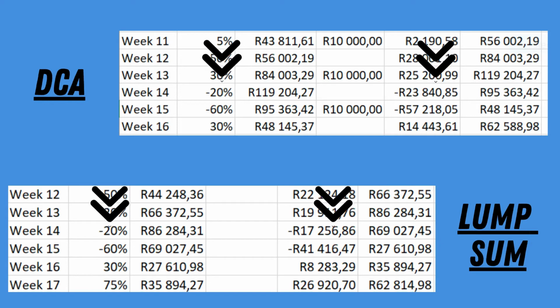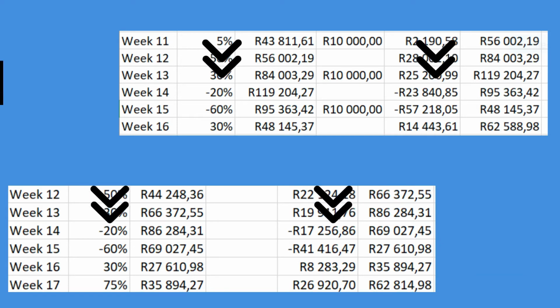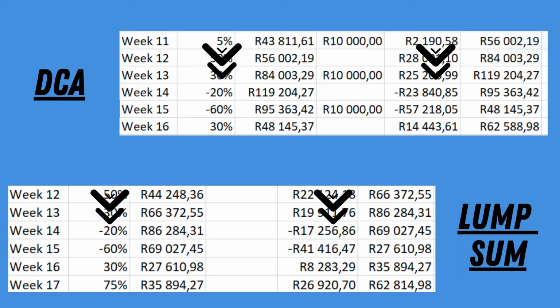If you go lump sum method, remember, no more investments coming. This one, I still have an investment in week 15, an investment in week 17 and an investment in week 19. So that is very important to understand: there are still investments to come in the dollar cost averaging method, but in the lump sum method, I've got no investments to come.